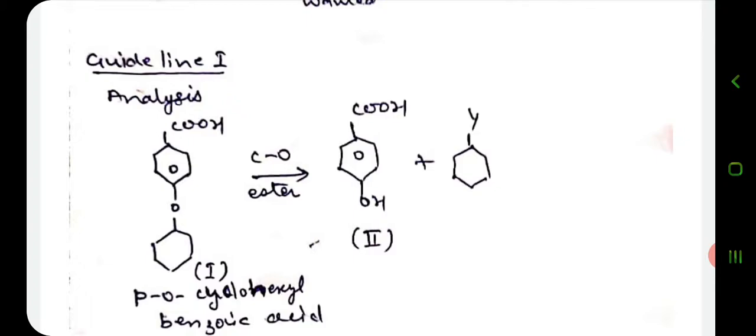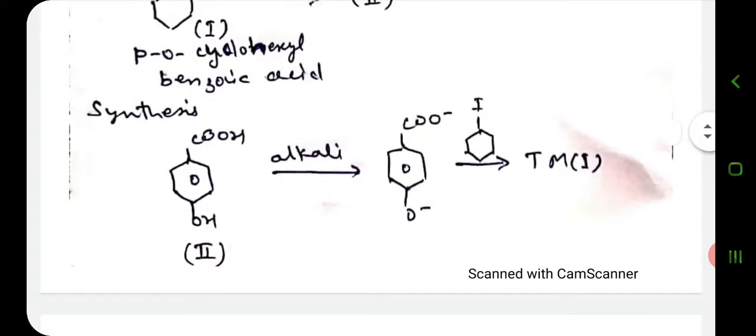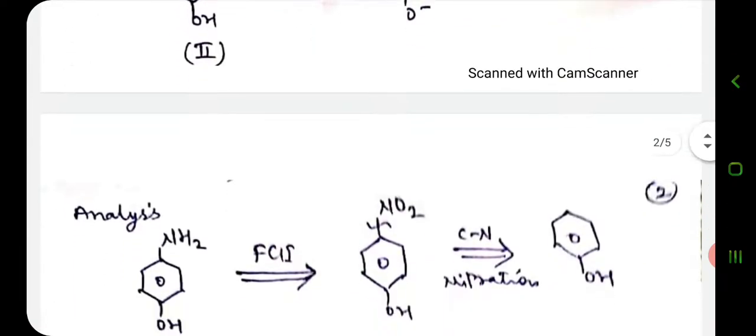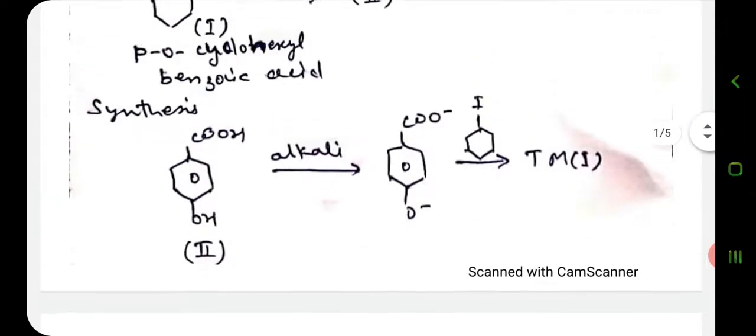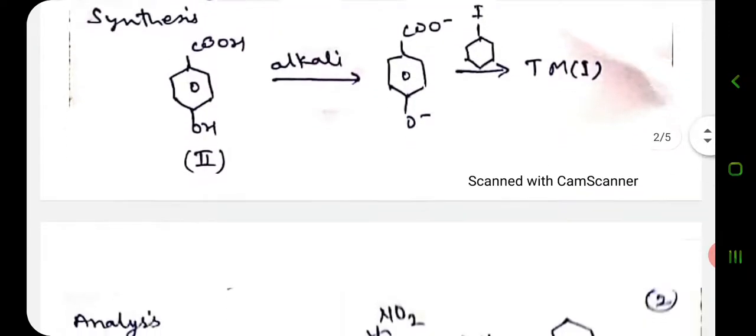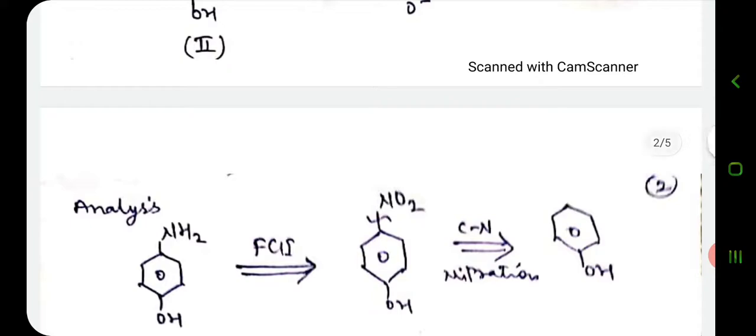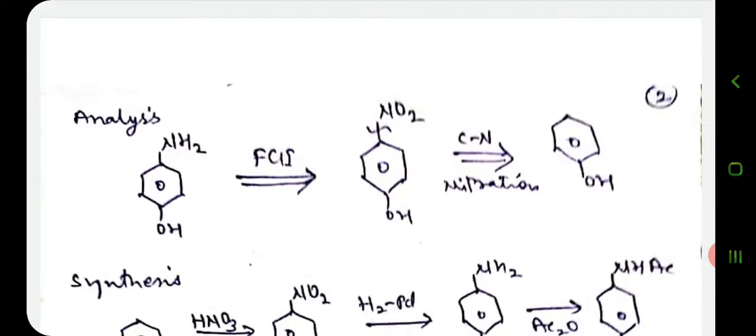In alkaline solution, when the pH is less than 10, the phenolate ion is much more reactive than the carboxylate ion, and only the phenol is alkylated. Another example we can explain is para-aminophenol. We want to keep the phenol unionized, so the amino group will be more reactive than the hydroxyl group.